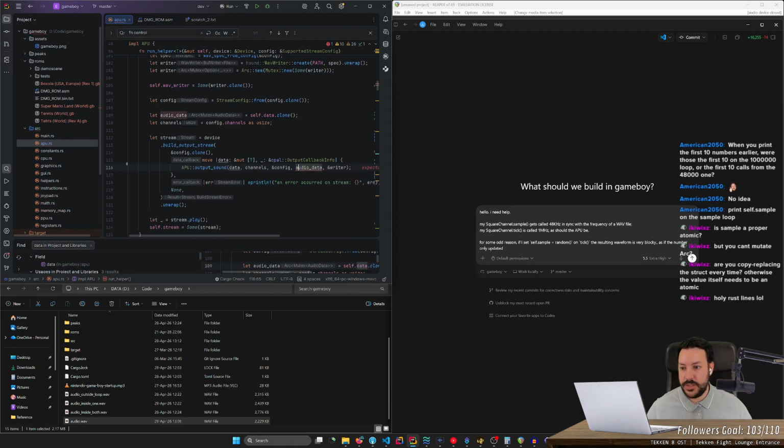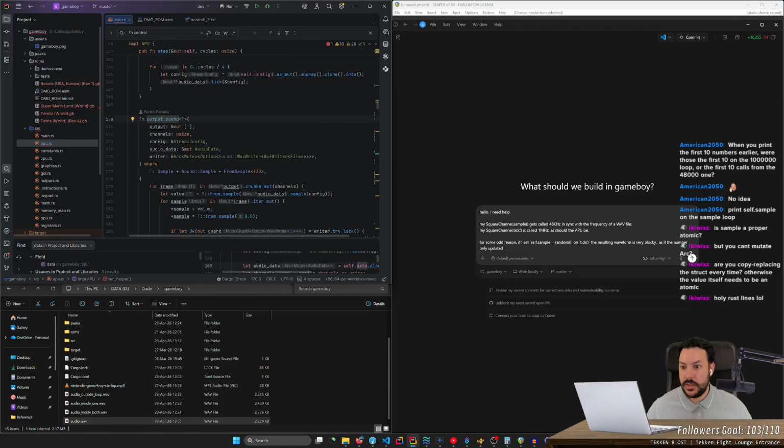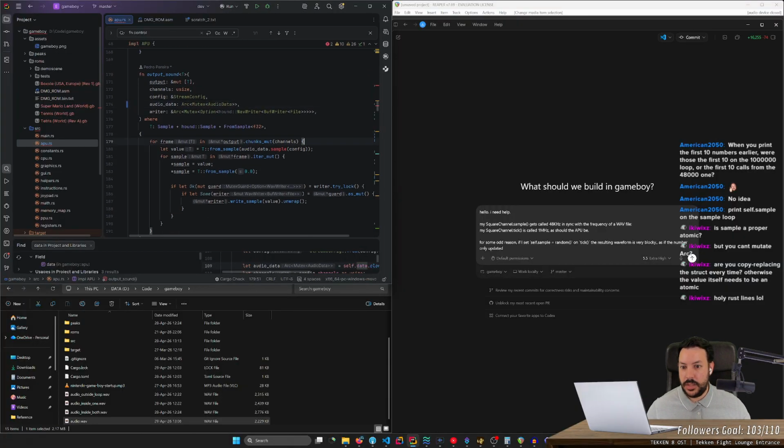Yeah, I think this is the issue. Hold on. Expected, blah, blah, blah, found Arc Mutex. So I actually think this needs to be the Arc Mutex audio data here, and then I need to do this.